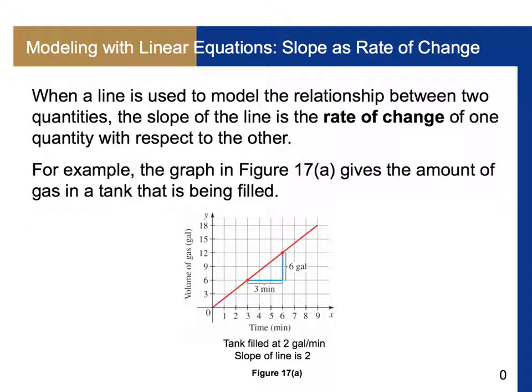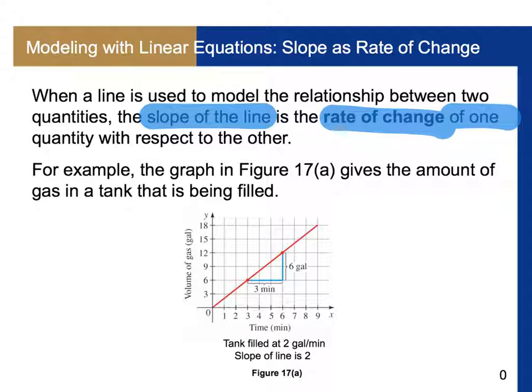A lot of times we interpret slope as a rate of change. When we're looking at modeling with linear equations, we're going to look at application problems that have a linear relationship. So when we talk about the slope of the line, we talk about that as a rate of change of one quantity with respect to the other. For this example, a tank is being filled at 2 gallons per minute. The slope of the line is 2 because every minute that goes by,